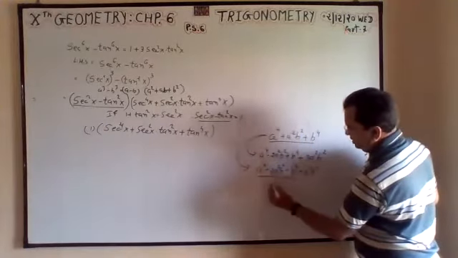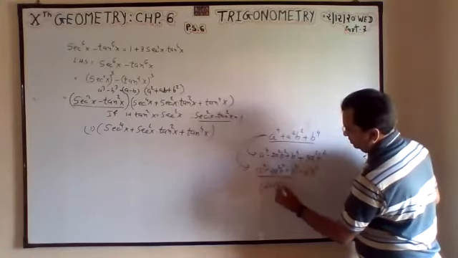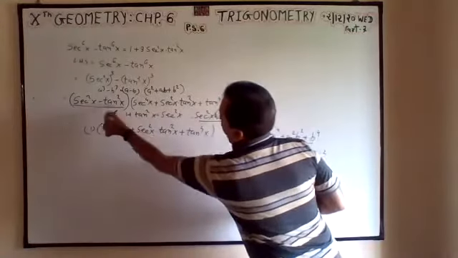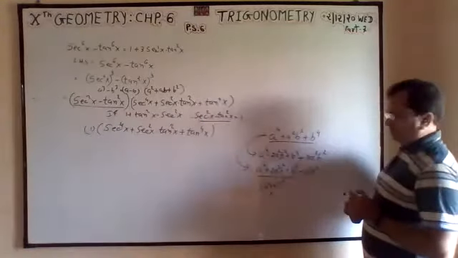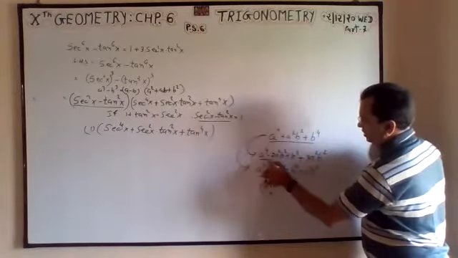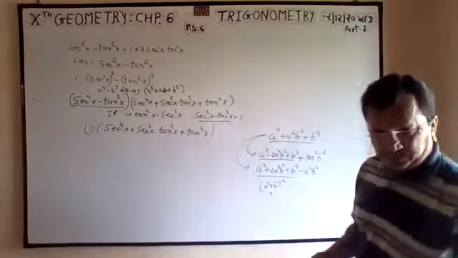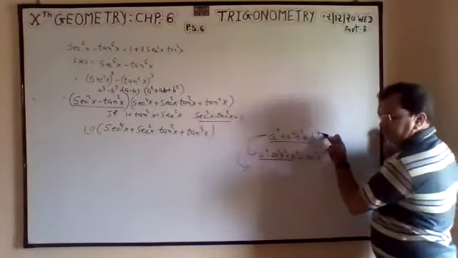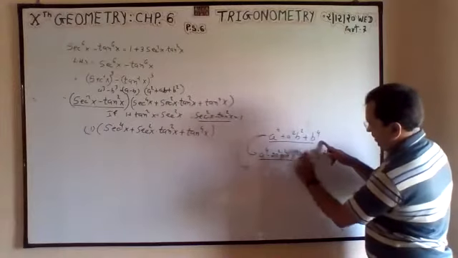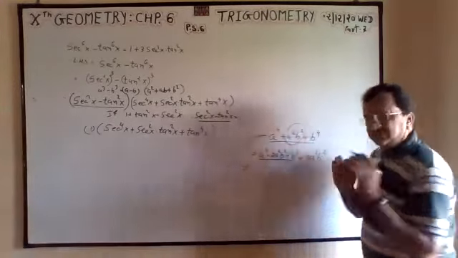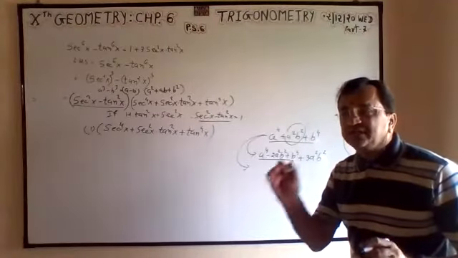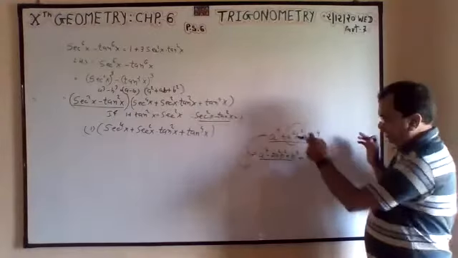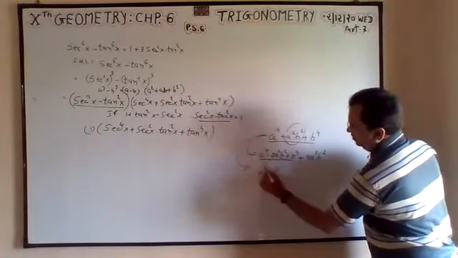But this will be a square plus b square all square. For this I don't have a formula. We have the formula sec square minus tan square, so this will not work. This will work. So this I have written the same. Instead of 1 time a square b square, I am writing minus 2 plus 3. Minus 2 plus 3 is equal to 1 time. I have split this up. Now this is a perfect square.